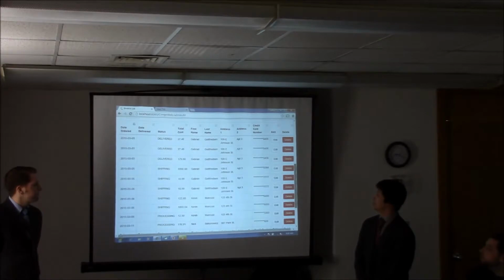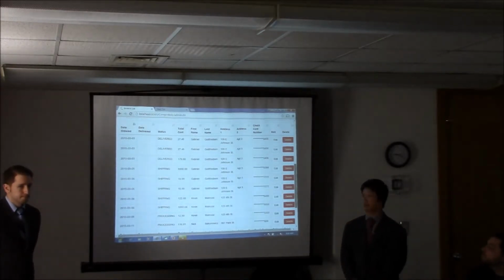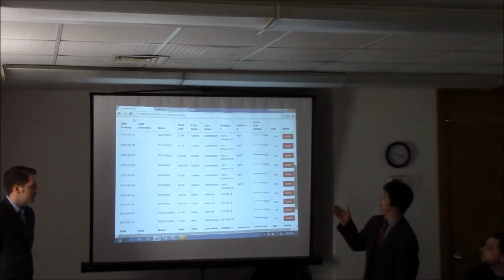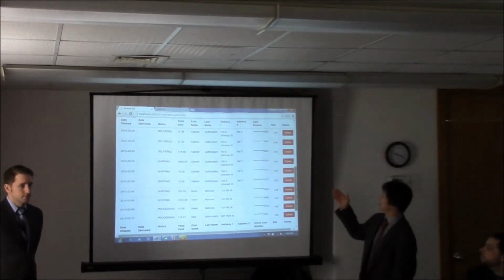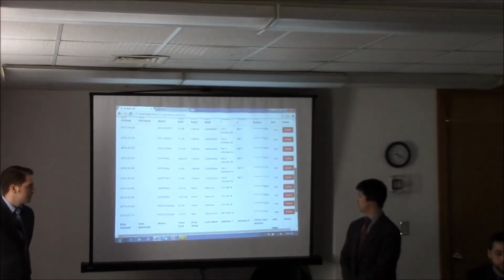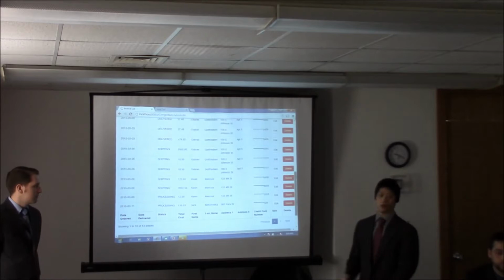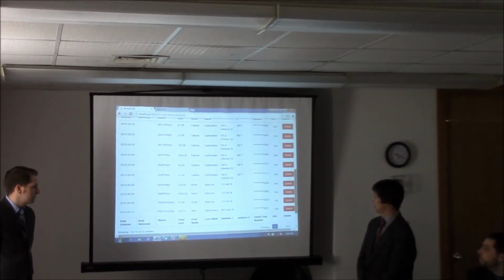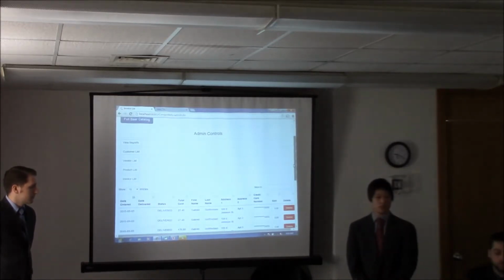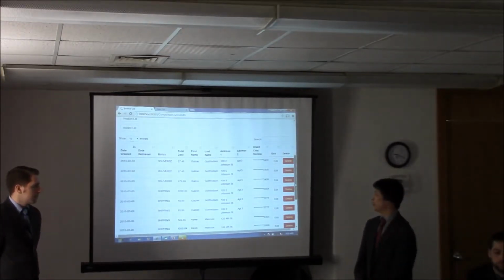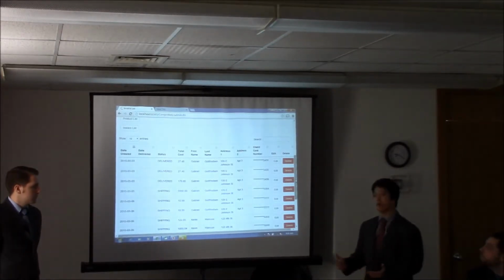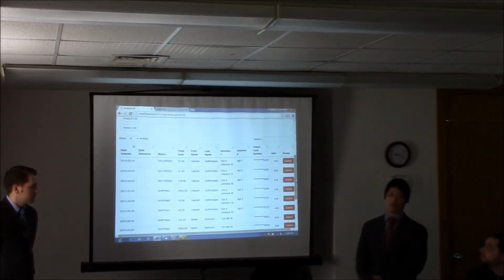And this is another table that looks at all of the invoices and the order status, as well as the date they were ordered. And as you can see here, we also have a list of the credit card information, but for safety and security's sake, the last 4 digits are the only ones that remain. And as always, we also have the edit and delete functionality. Like, let's say a customer decided that they didn't want to have their order, then we would delete it. Or maybe they wanted to change how much they wanted for their order, then we would have the ability to edit it as